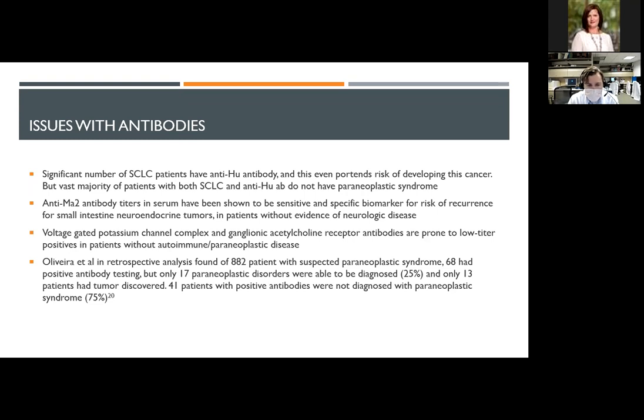So generally, if you've worked up a fair number of these disorders, I think that would fit with a lot of personal experience, that you work up a lot of people for it before you actually find a real paraneoplastic syndrome, because they are pretty rare. And I think it also goes to show that the antibody testing can definitely be confusing, because even when they're positive, a lot of those people will not have any paraneoplastic disorder.